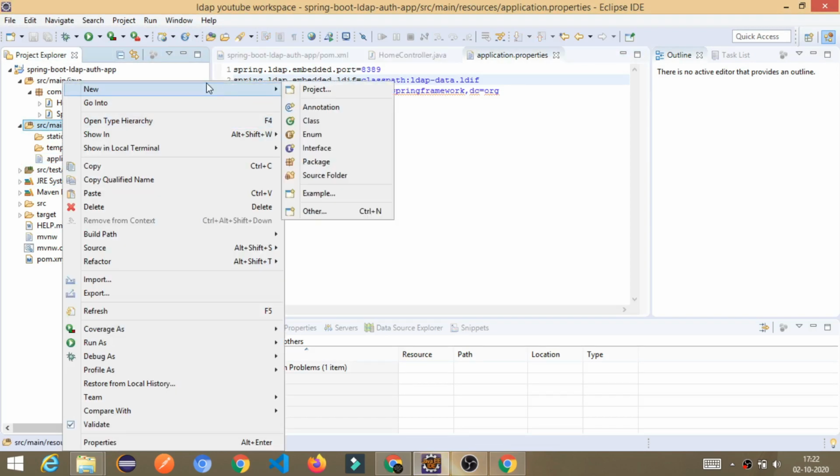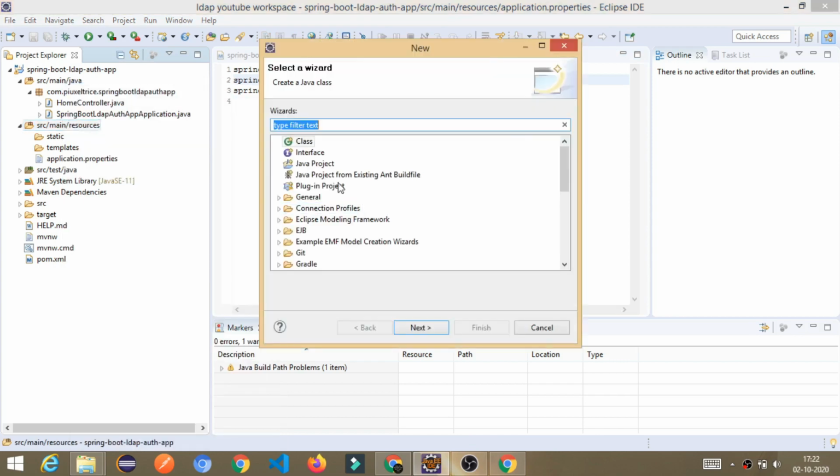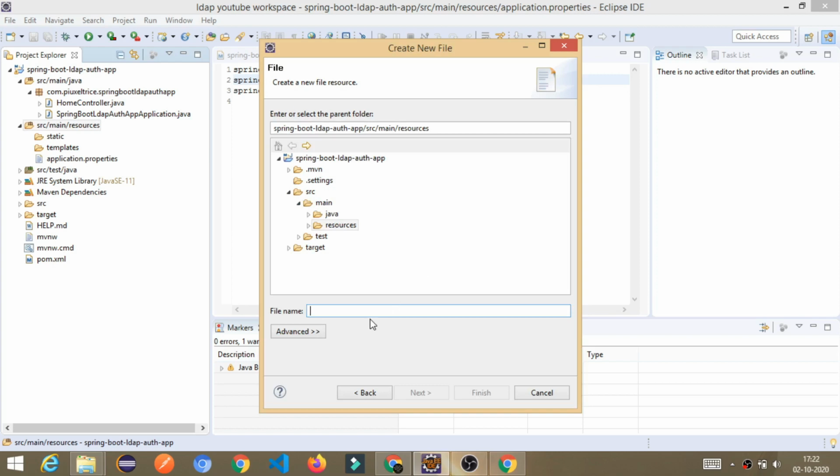So I'm going here, New, Other, then General, File, and click on Next. Keep the name ldap-data.ldif. Sorry, ldif.